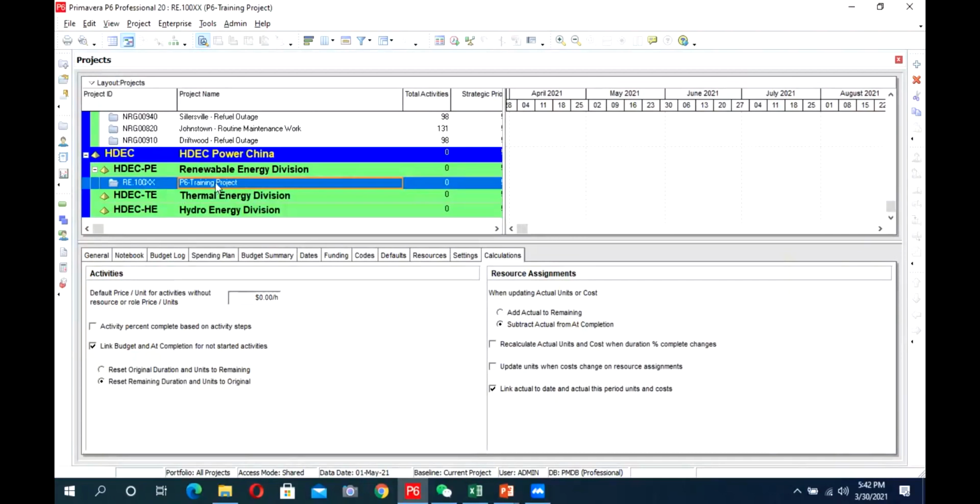So in our exercise 7 we will have to make the WBS, work breakdown structure. We will open the project.